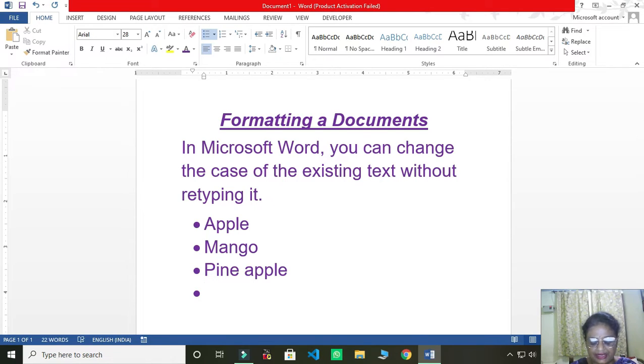Now the next list which I want to create, and children, I told you when you press the Enter key you will get the next bullet, but to come out of this you have to press Enter once more. Suppose I want to make one more list. So here I am making a list of keyboard,